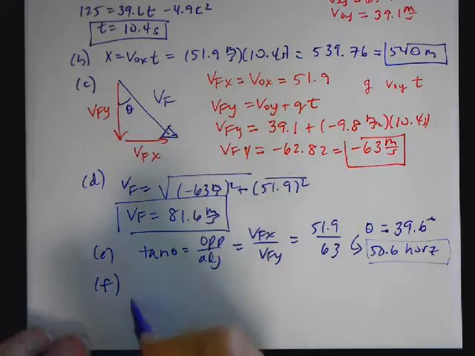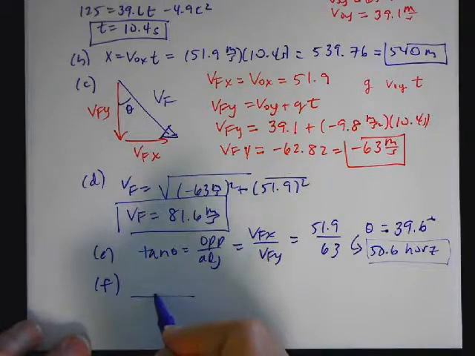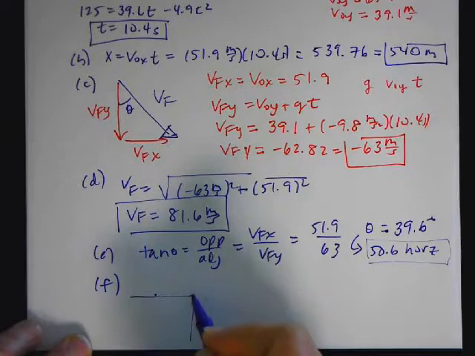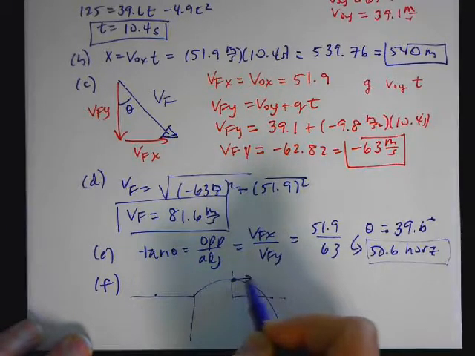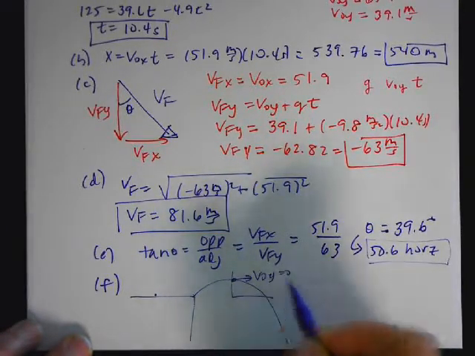To do the maximum height, we're just going to look at this quadrant. So we're going to say that this v_y is 0. And then